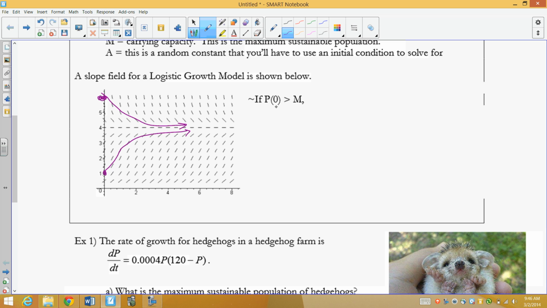So if P of 0 is greater than M, in other words, if your initial population is greater than your carrying capacity, then dP/dt at t equals 0 is going to be negative. If you start off with a population higher than the carrying capacity, the initial rate of change of the population is negative, and honestly, it's not just negative in the beginning, it's always negative, because if you look at this coming from above,